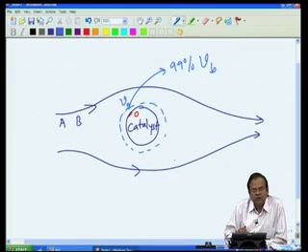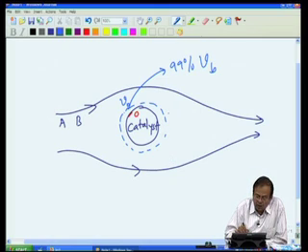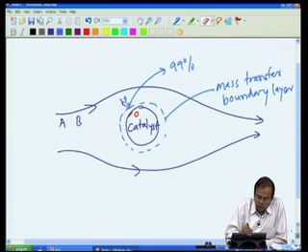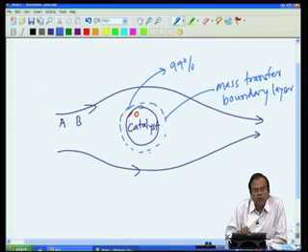When it comes to mass transfer, we will apply the same idea, that is, instead of hydrodynamic boundary layer, we will say that we have a mass transfer boundary layer. What is the characteristic of this mass transfer boundary layer? In a similar manner to what we talked about for velocity,